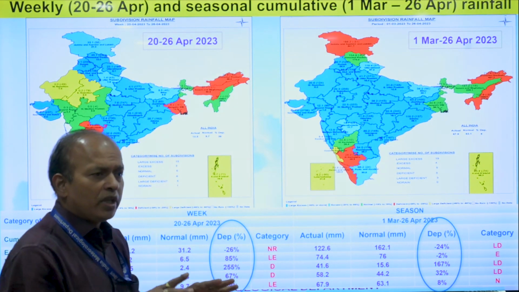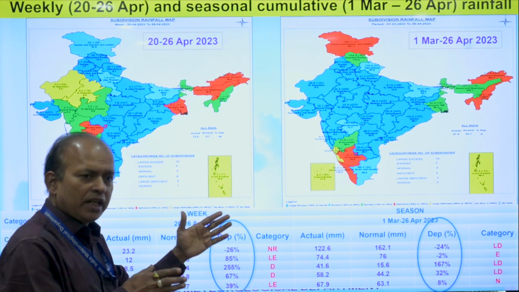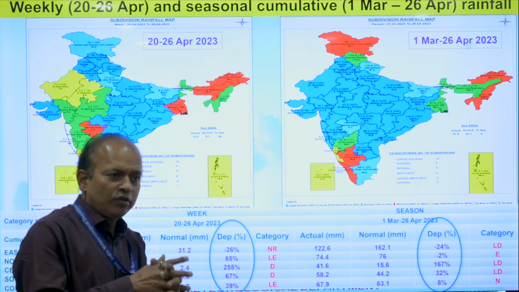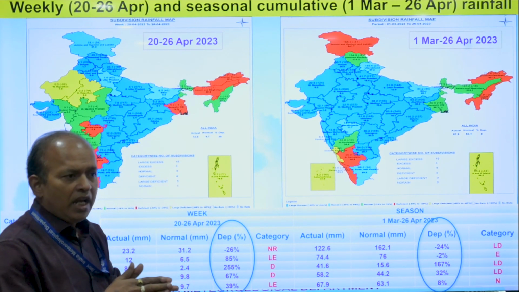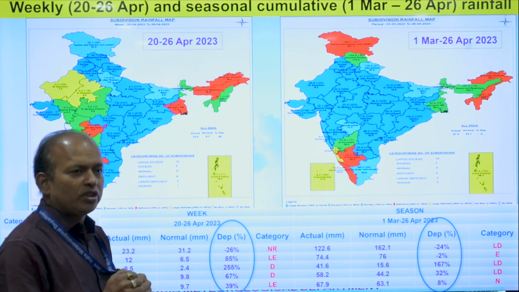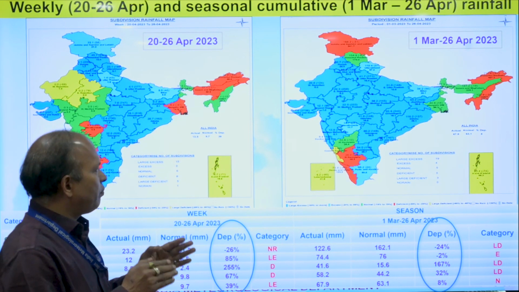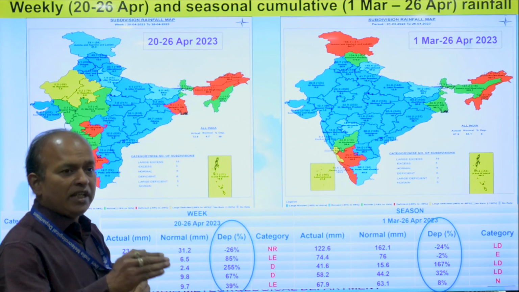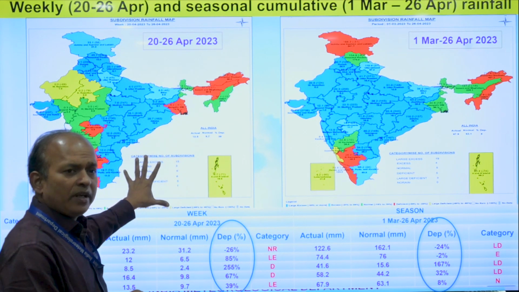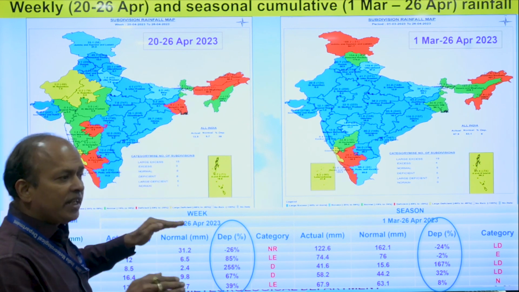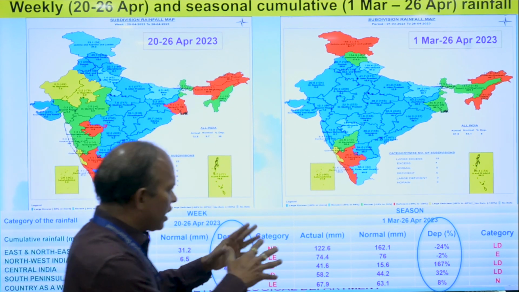And overall, due to the good rainfall activity that is reflected in our weekly rainfall pattern. Actually, our season starts from 1st March, and we call it the pre-monsoon season, before the monsoon season. So March to April, May, till May end, this will be the pre-monsoon season. So here the left panel figure is indicating the weekly rainfall, that means during this week we have